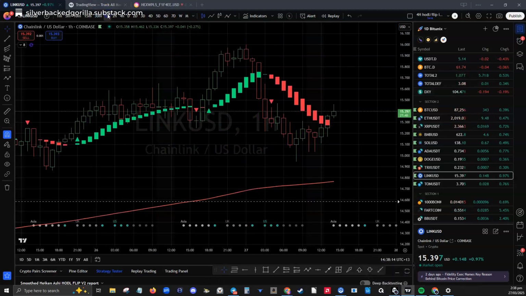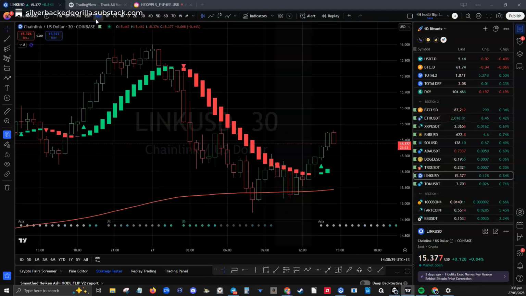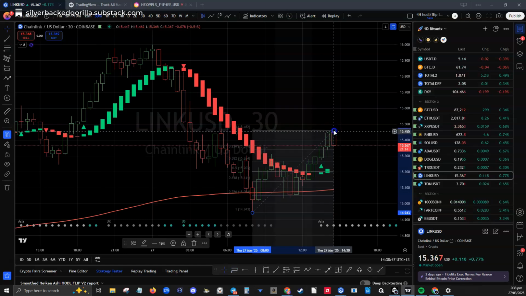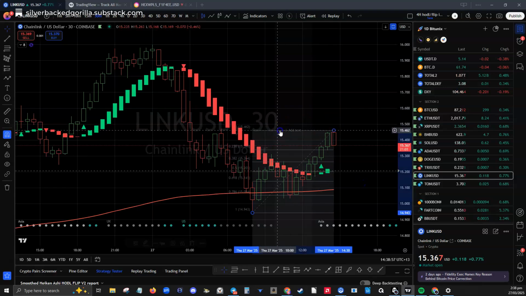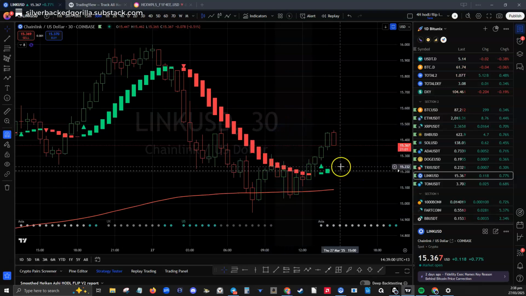What does it say on the 1 hour? 1 hour. It looks like as though it's pulling back a fair bit. Sort of pulled away from it. The only thing I'm looking at is it has pulled away from us a little bit. It's come back. Let me have a look and see from there to there. 50% would be around about there. Ideally. That's where I'd expect it to go to.